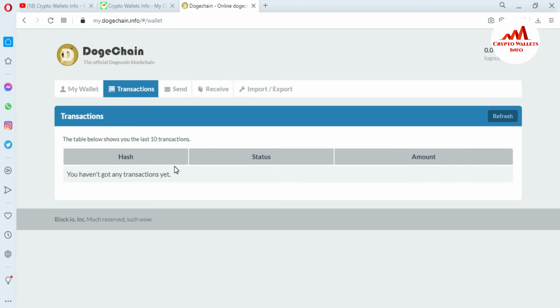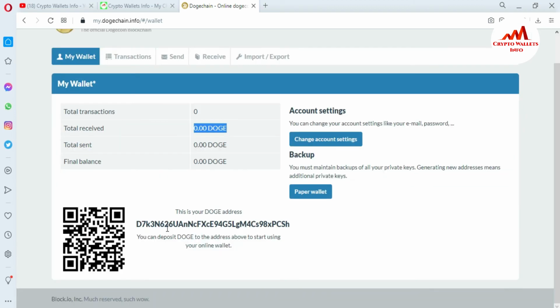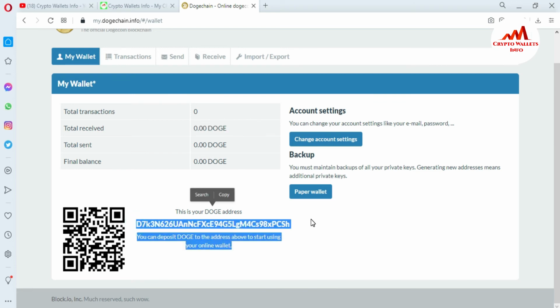This method is a very easy way. You just copy your address from this portion and send it to the person who wants to send you money. You can see there is already a QR code here. If you are using the QR code, just go to the Play Store, download a QR code scanner, and then your mobile camera will open and you can easily scan this QR code and get your accurate wallet ID on your mobile. You simply copy it or mail it to the person who wants to send the money. I hope you properly understand, and you can also see here that you can deposit Dogecoin to the address above using your online wallet.